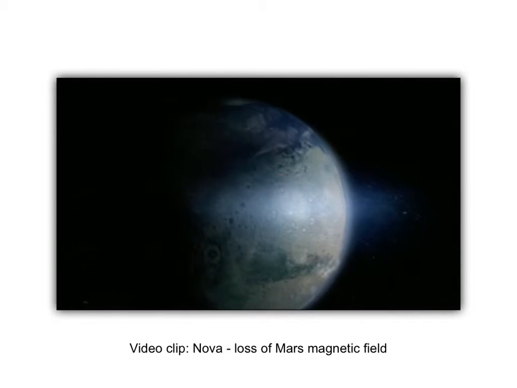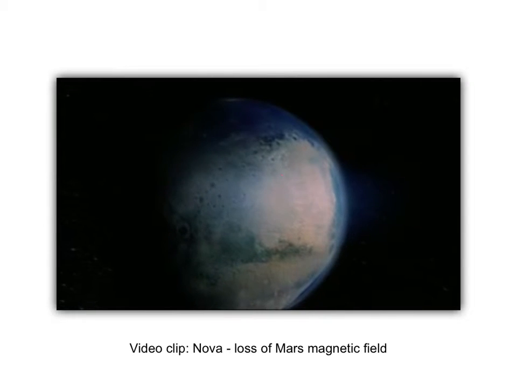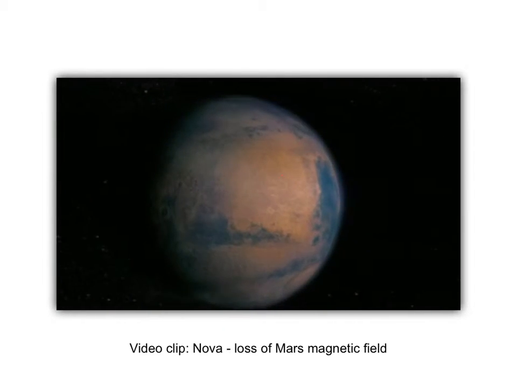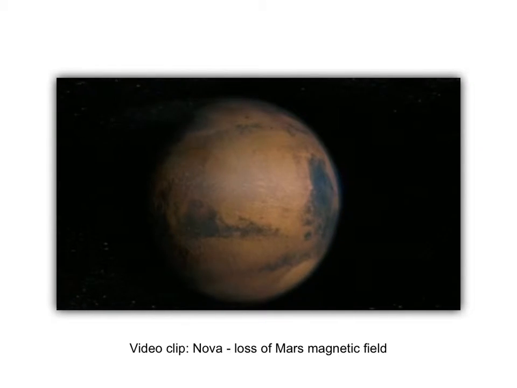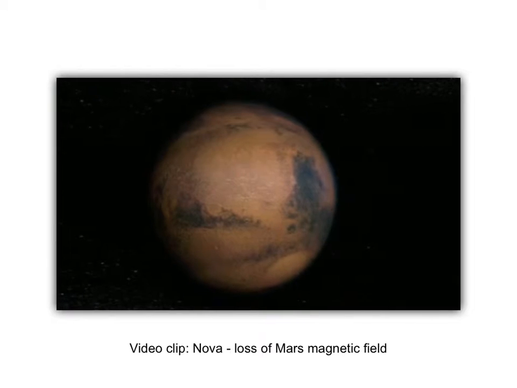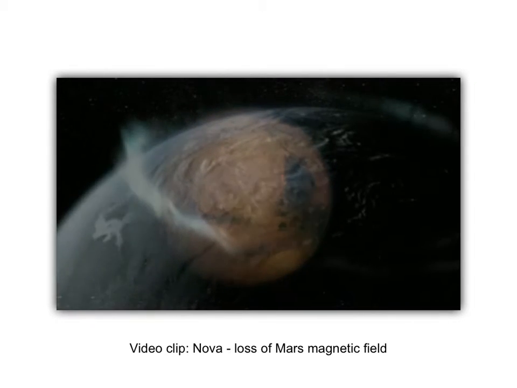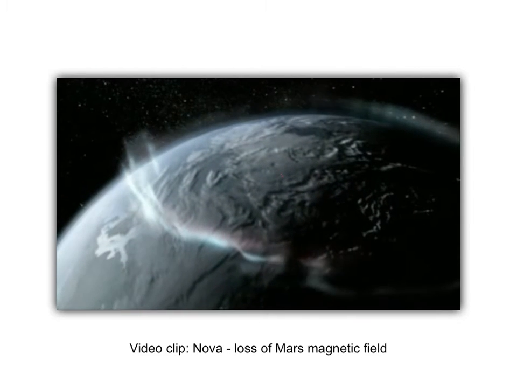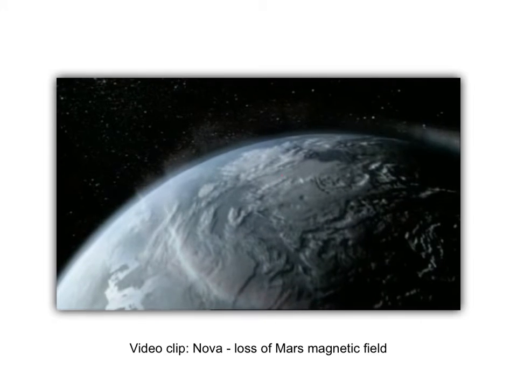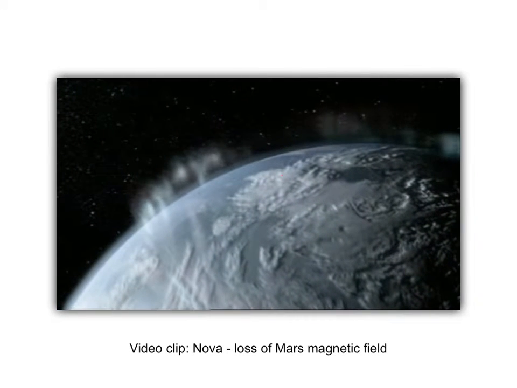The loss of its magnetic shield could well have meant death for the red planet. Exposed to the wind of radiation from the sun, over millions of years, its atmosphere was gradually blown away, leaving the sterile world we see today. If we were to turn off the Earth's magnetic field, the same process would occur. The atmosphere of Earth would be